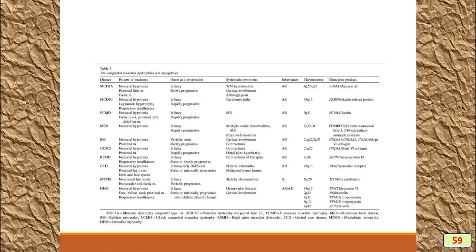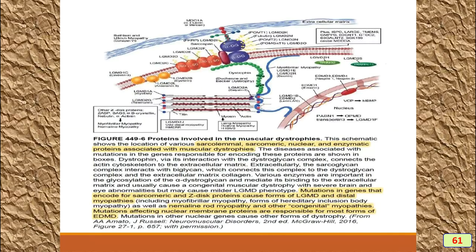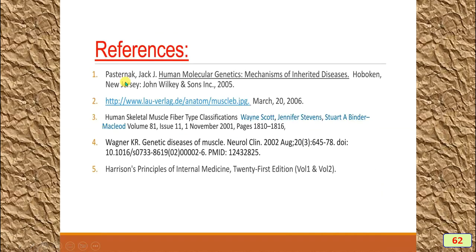If anybody wants to learn much more, you can refer to the different textbooks already mentioned for the particular course. And of course, the annexures and figures, you can study everything with references like the